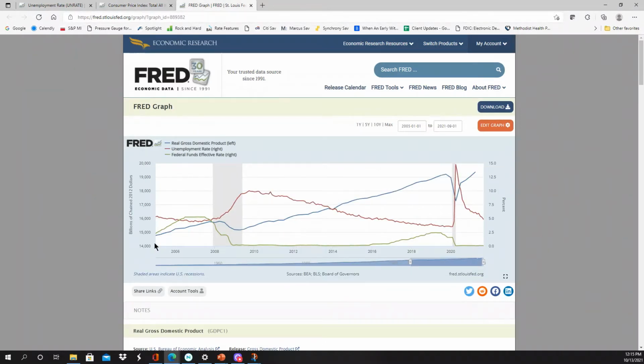And so if we look back at the Great Recession, we know that we went into the Great Recession and unemployment went up. It went up over 10% at that time. And so with that 10% unemployment rate, we saw the need to work on the economy, get things going until interest rates rose when we hit a level of 5% in December 2015. That was the first time we raised interest rates.